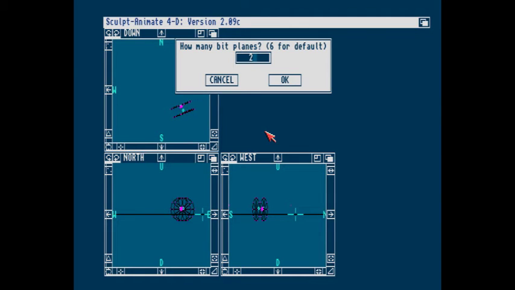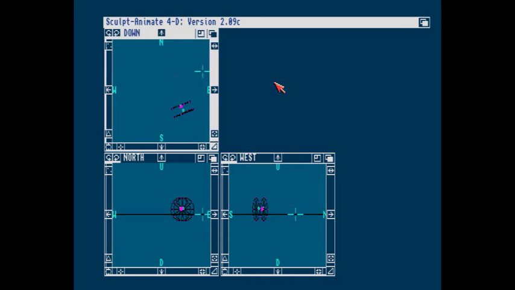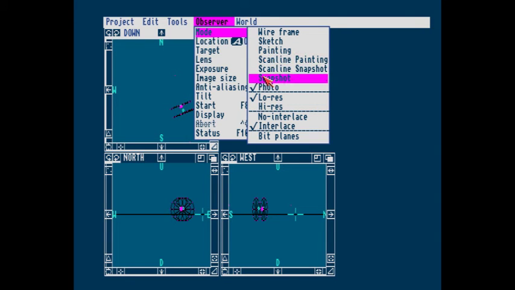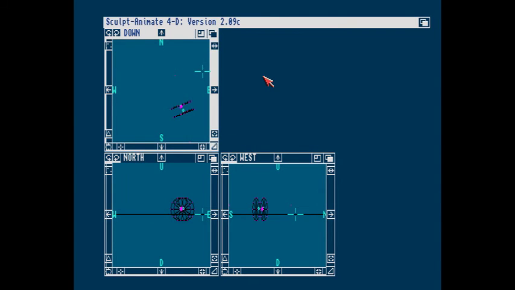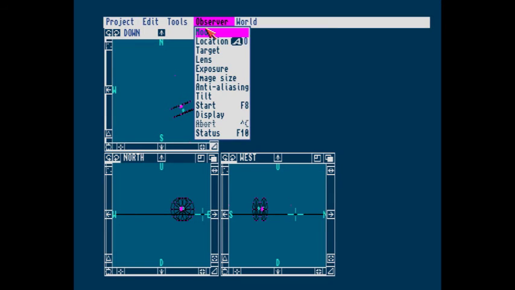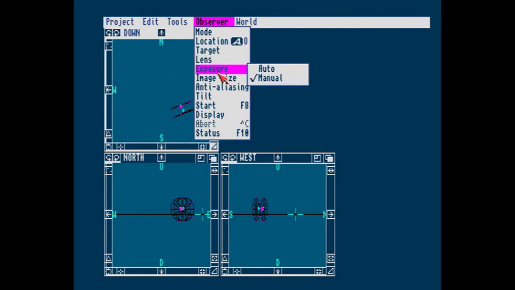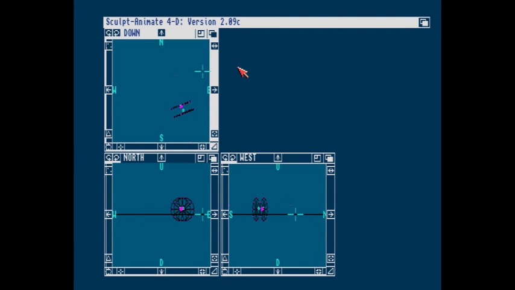24, it's me, I have put the number 24, but when you launch your program, you will be seeing 6. 6 is a default value which gives you a HAM picture. HAM pictures are 6 bytes. So when you use the program and you choose mode, you have 6 for getting a HAM picture. It will be important because I will show you at the end of the video how to generate 24 bytes, 16 millions of colors.